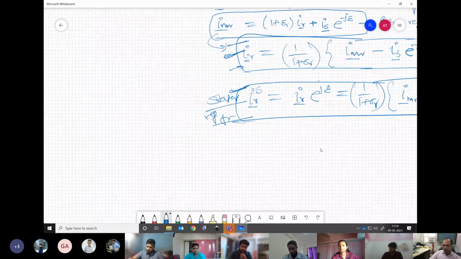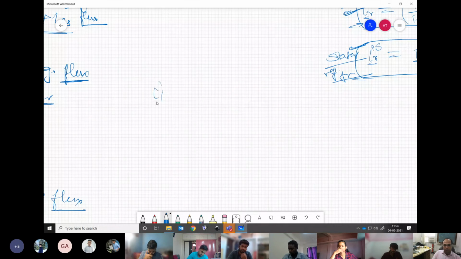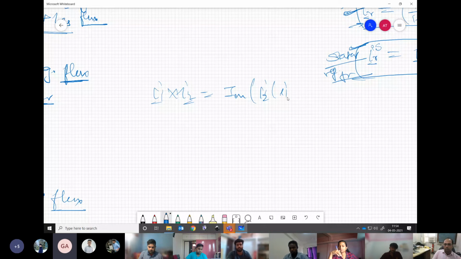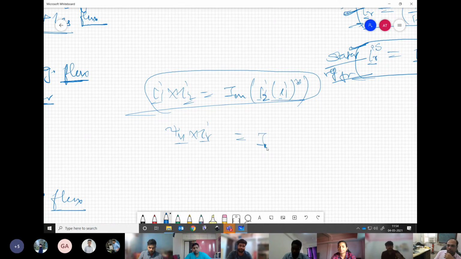Now the question which I asked in the last session, for you to prove that the cross product is nothing but imaginary. How many of you could do that? Did you try this? Able to prove this? So now you understand when I say psi m cross IR, this can actually be represented as imaginary of some IR into psi m conjugate.